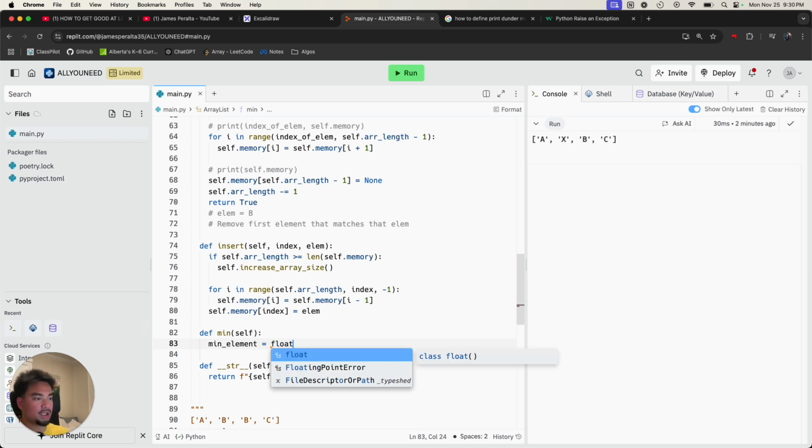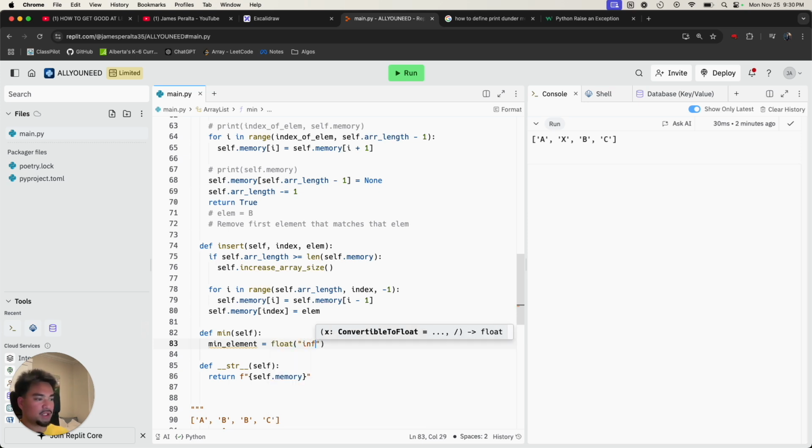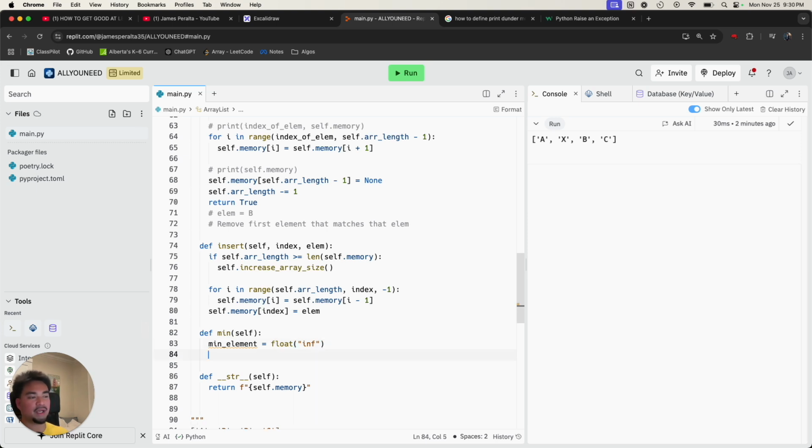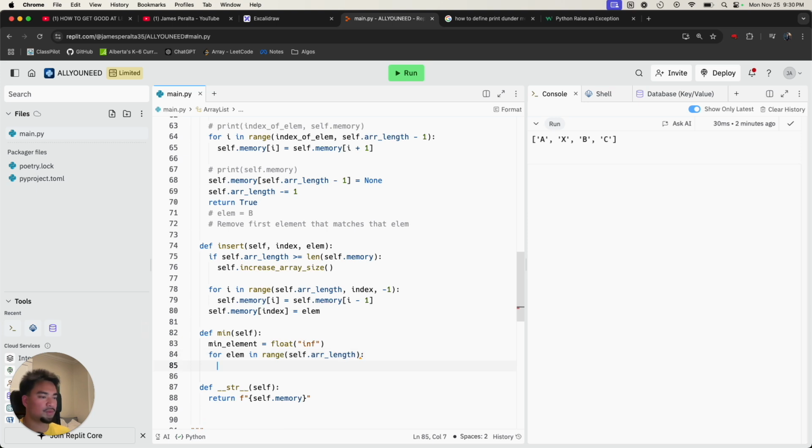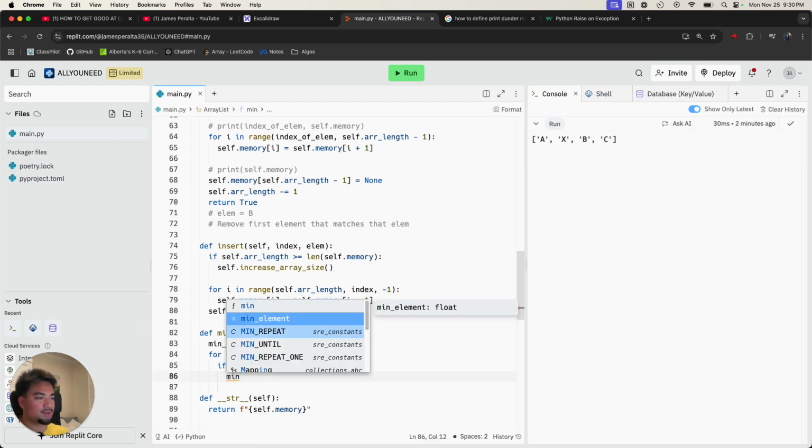So usually I initialize as positive infinity because every element in the array is going to be smaller than that, right? So that's a good way to initialize it. And I'll just say for elem in range self.array length. What I'm going to do is if the element is less than the minimum element, that's going to be my new minimum element,